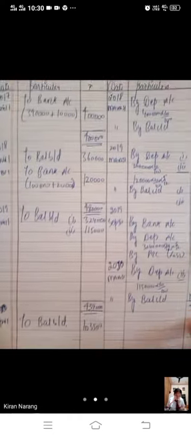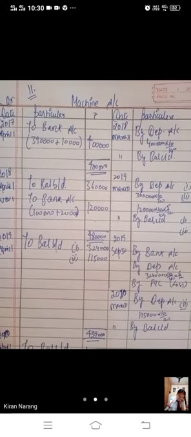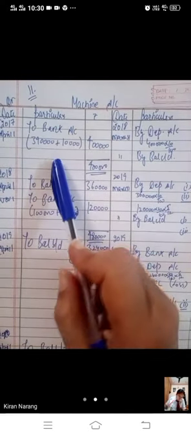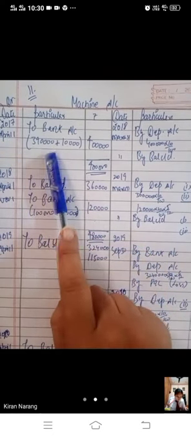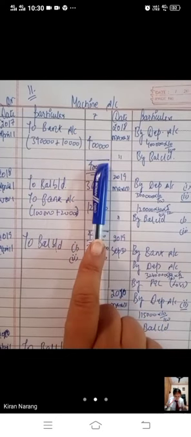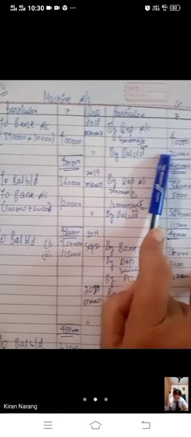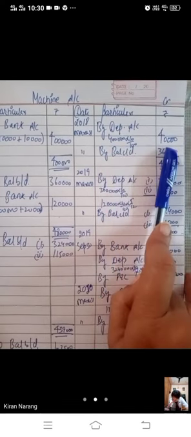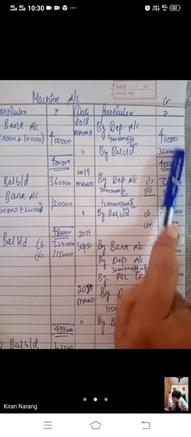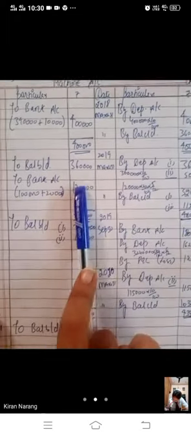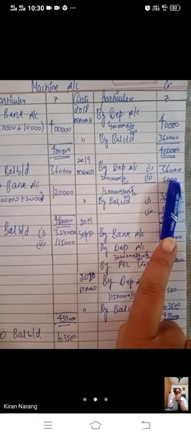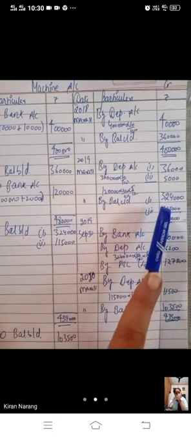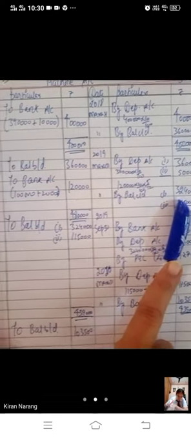And we have to just prepare for 3 years. What have we done in this question? First machine we have purchased on 2017 April 1, 3,90,000 plus 10,000. Total we have purchased for 4 lakh. Depreciation will be 10%. 10% of 4 lakh will be 40,000. 4 lakh minus 40,000, it will be 360. 360 will become the balance BD next year, and on this 360 you will charge 10% for next year. It will be 36,000. And 360 minus 36,000, the balance carried down will be 324,000.